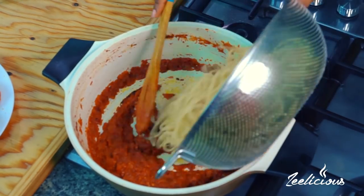Now it's time to bring in the star of this dish, which of course is the spaghetti. I cooked my spaghetti earlier. Now you can check the description box below. I put the link on the easiest way to make your perfect pasta. So all of this is going to go right in,